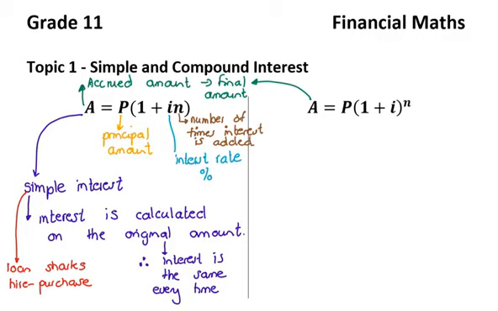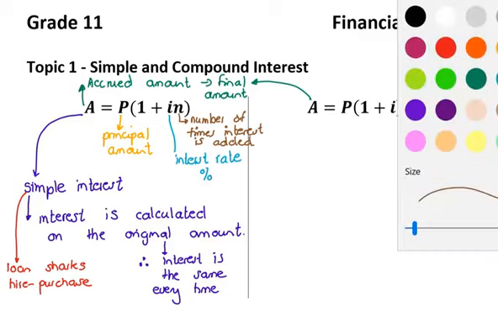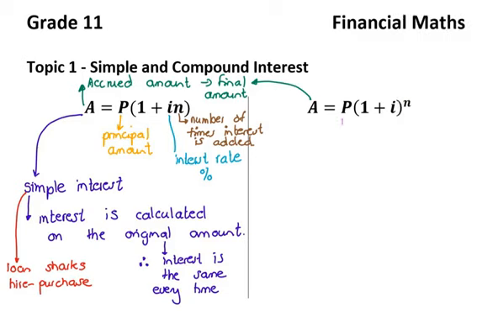Okay, now in the other formula, I'm not going to rewrite that because A, P, i, and n stand for exactly the same thing. So the only difference in this other formula is that this is your compound interest formula. Now this is how most of the real world works. Most of the real world works where interest is calculated on your current balance all the time, and that's compound interest. So that means that if your loan amount has changed, your interest amount will change because your interest is calculated